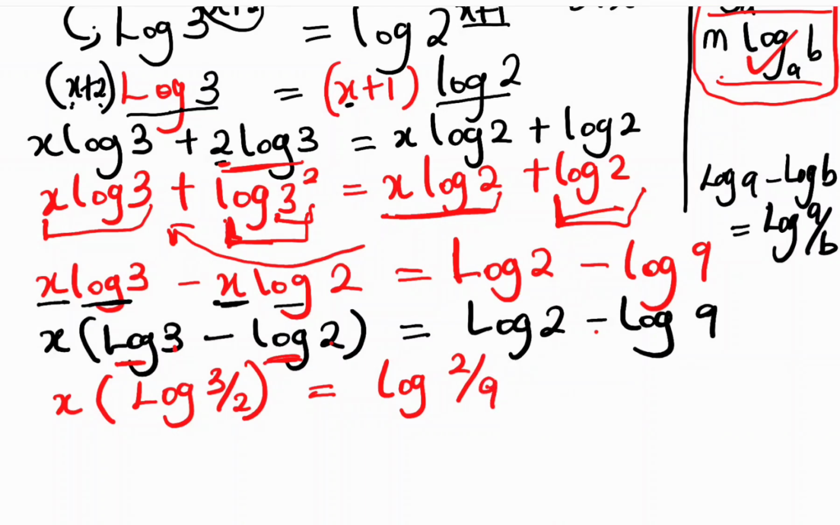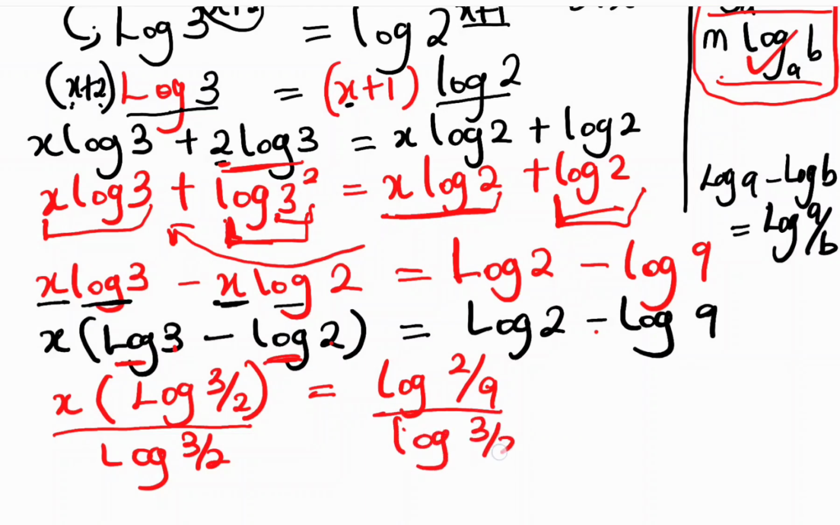Okay? So the next thing we have to do to find the value of x, which is our main goal in solving this particular equation, is to divide the left and the right hand side by log 3 over 2. Log 3 over 2 will cancel out. You can now see that our x is now equal to,